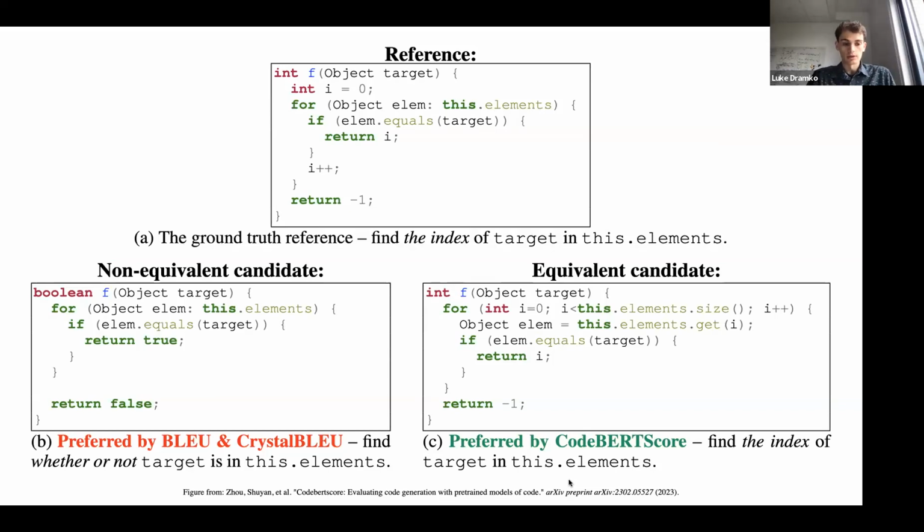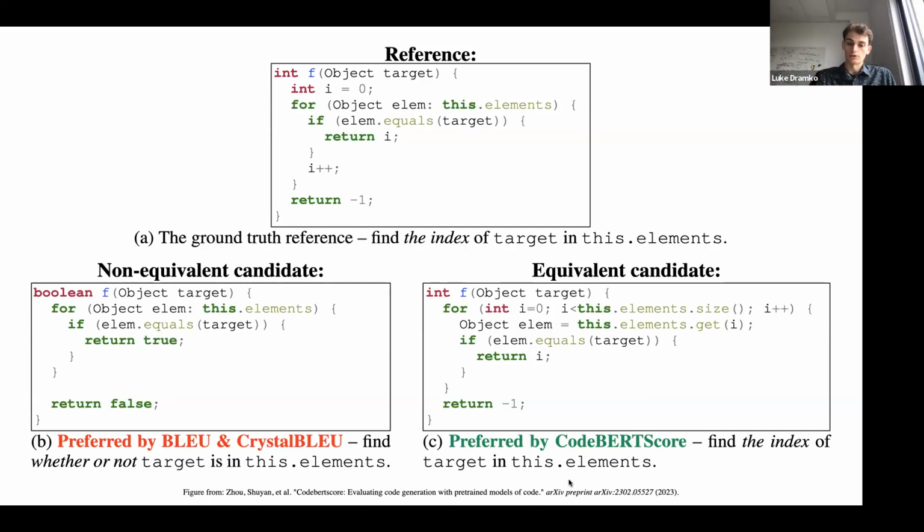Part B is an implementation of a contains method that's done with a similar for-each loop structure. And then part C is also an indexOf method, just using a normal Java for loop. So the authors of CodeBERTScore argue that CodeBERTScore is better because, at least for this example, CodeBERTScore